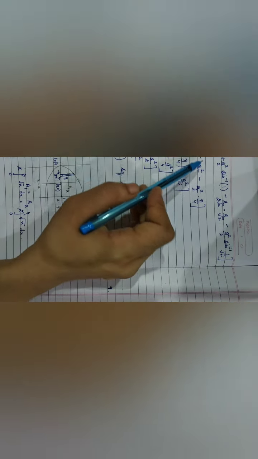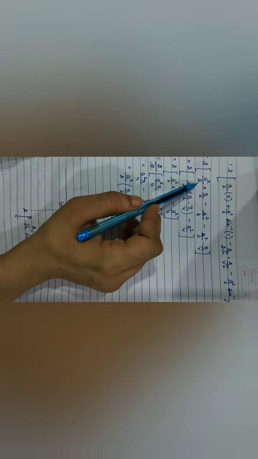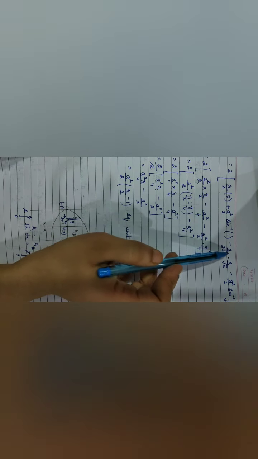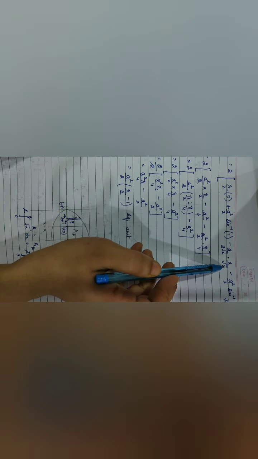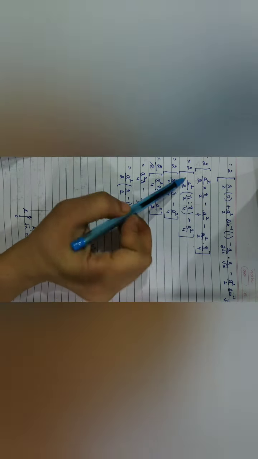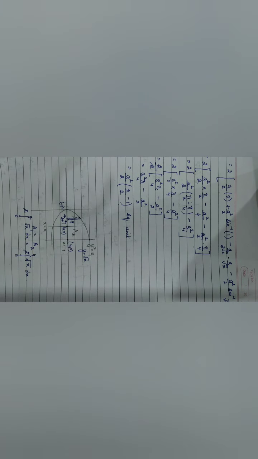And once I solve this out, it will be 2 times a square by 2. This will be 0. This is a square upon 2 sine inverse 1, that is pi by 2, minus a square root 2 into root 2 will give me 2. So 2 2s are 4, minus a square upon 4, minus a square upon 2 pi by 4, right? So this is what I get as my answer. So my final answer comes as a square upon 2 times pi by 2 minus 1 square unit. Remember, this unit is very important to write here.